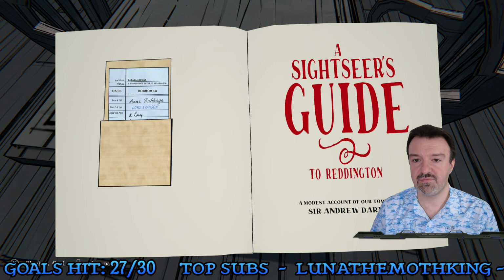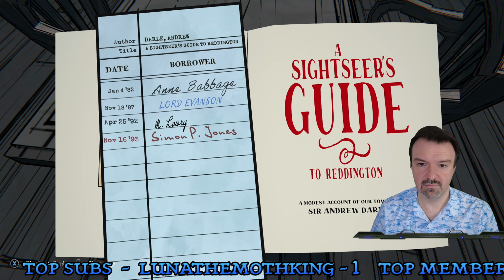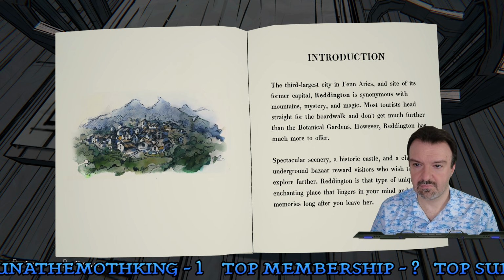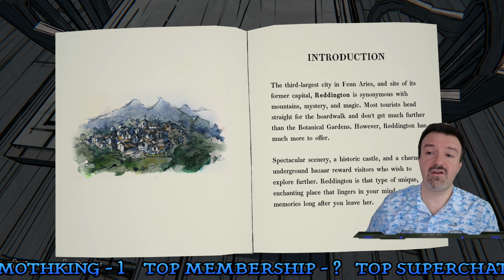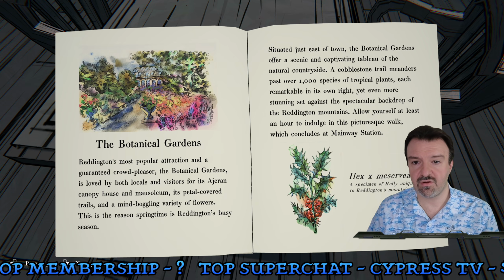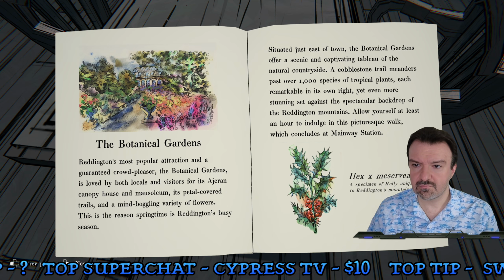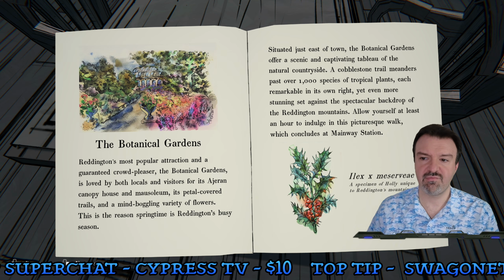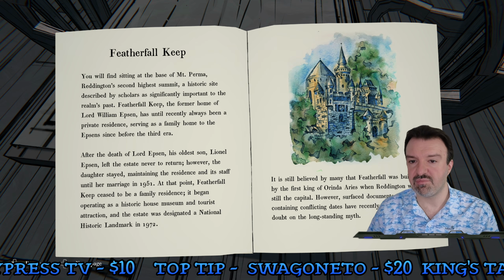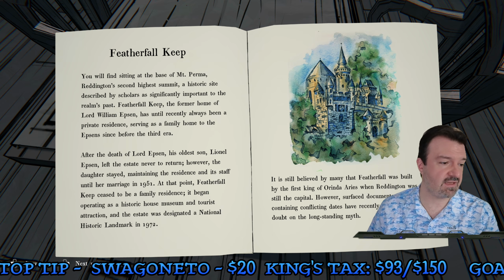A Sightseer's Guide to Reddington. Huh. Reddington is synonymous with mountains, mystery, and magic. The Botanical Gardens. Ilex ex Meserve, a specimen of holly unique to Reddington's mountains. Featherfall Keep. I have no idea if this has anything to do with anything. Is this a puzzle or...